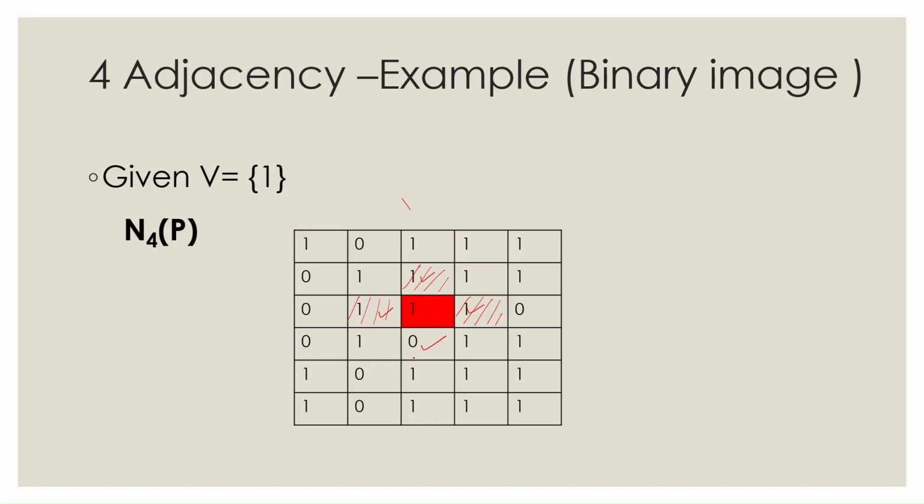Now let us take this 4th neighbor as 0. So this 0, we cannot consider this value because this 0 is not present in the set V. So the intensity value 0 is not present in the set V, and we cannot consider this for the adjacency. So only the 1s on the left, right as well as on the top can be included. The bottom pixel is not considered as adjacency to the center pixel P in this case.